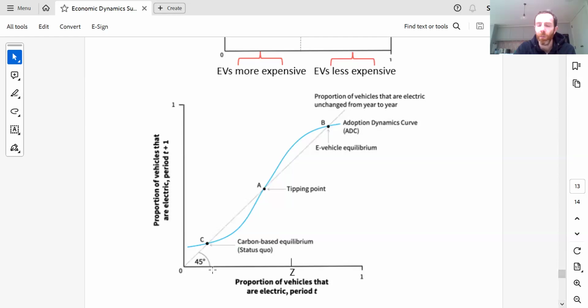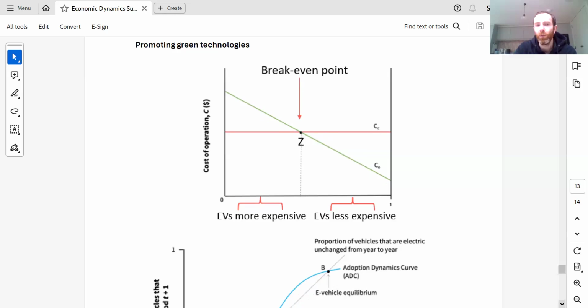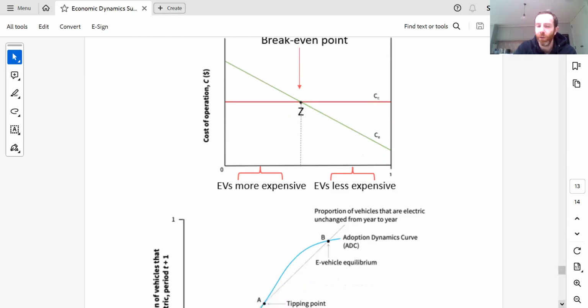So that tells us there are some people who actually put a value, what we call a kind of green value, on buying an electric vehicle. And that green value they put on it is bigger than this difference between the cost of operation of the electric vehicle and the petrol car. But there are obviously some people who wouldn't want to buy an electric car under those circumstances, and are only going to buy it if the cost of operating an electric vehicle starts to get closer to the cost of